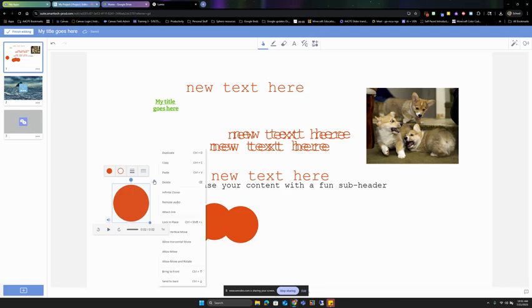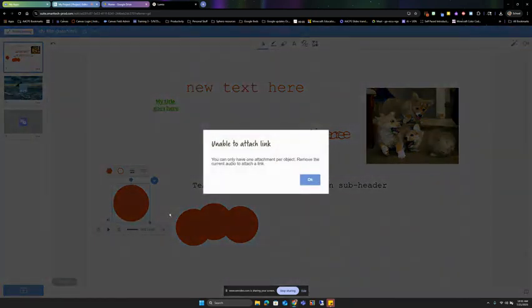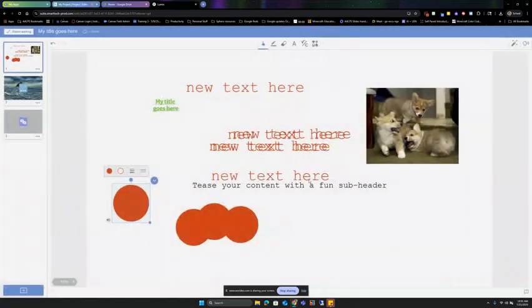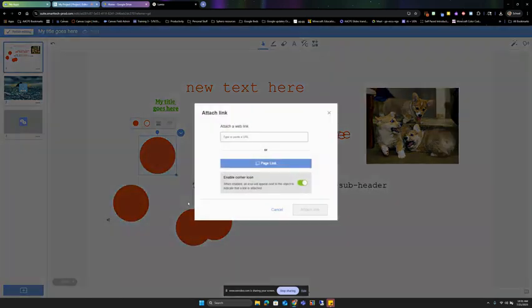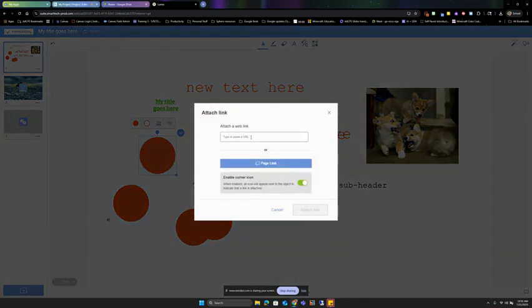Returning to our dropdown again, our next option similarly allows us to attach a link to this item so that if students click on it, they would be taken out to an external website. You'll notice here when I click on it, it says I can only have one attachment per object, so I would have to remove the audio in order to attach a link to this. If I click OK, I can go back and delete the audio from that and then attach the link or select a different object and do my attach link, which just brings up a field for me to paste